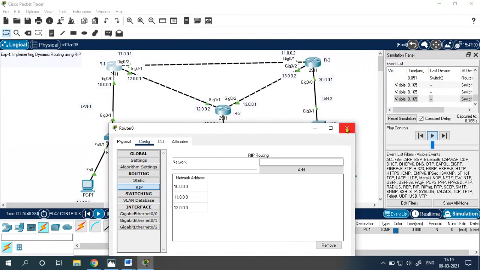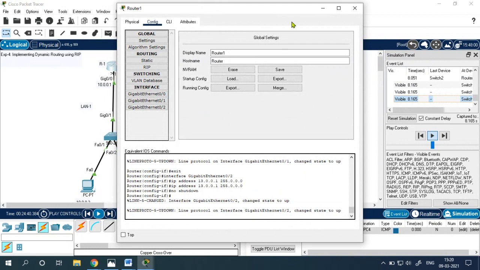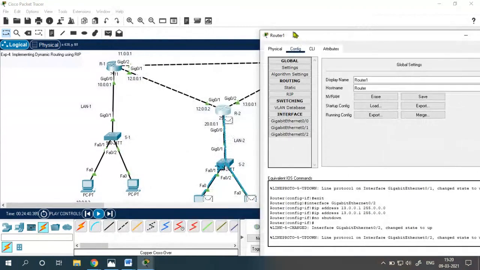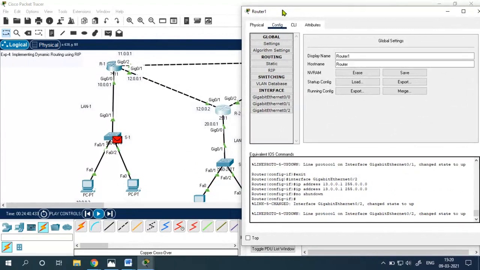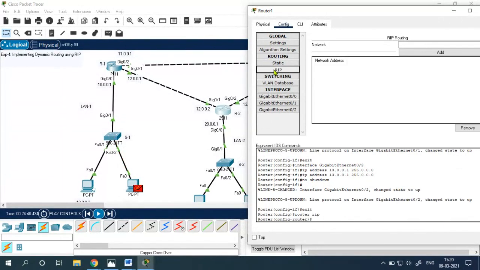12.0.0. Now let's do it with router 2 also. This is the most important part of our experiment. This time we are performing the dynamic routing. I am on router 2. Just click on the routing option, click on RIP. Then you have to provide the networks to which it is directly connected.